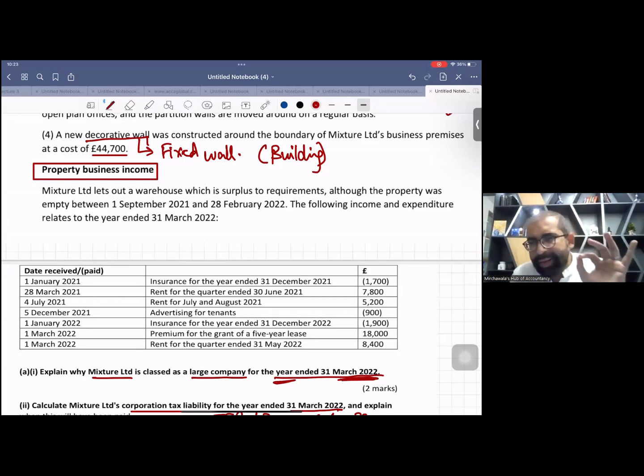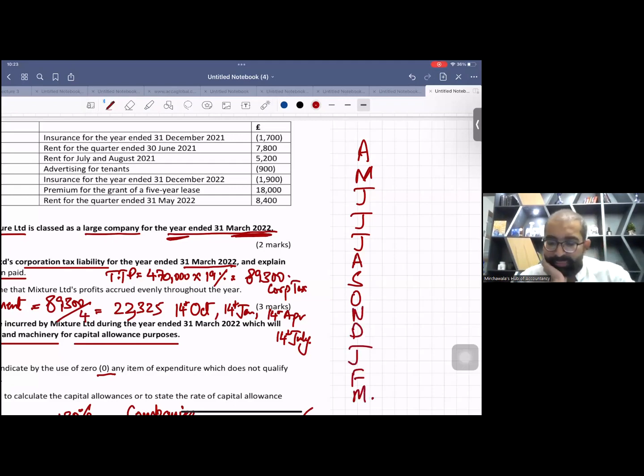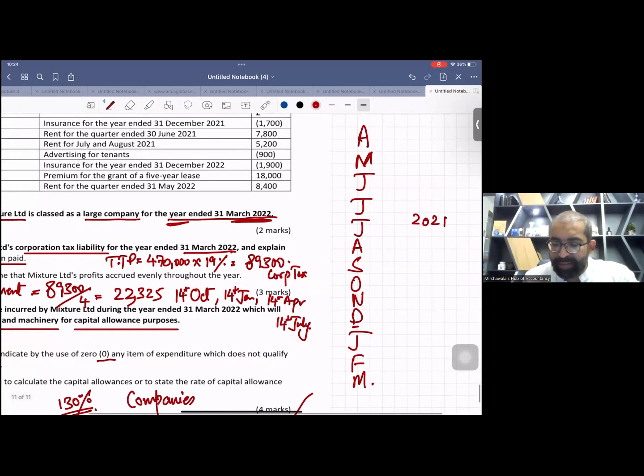So let me write it, let's do it like infants, the way you are taught in class. April, May, June, July, August, September, October, November, December, Jan, Feb, and March. This is your 12 months. Till here it's 2021, and then these 3 months are 2022. So 1st April 2021 to 31st March 2022. Okay,